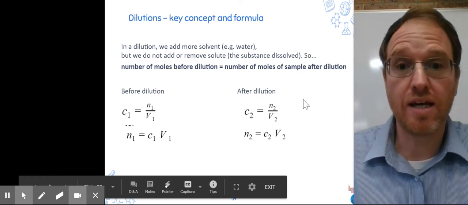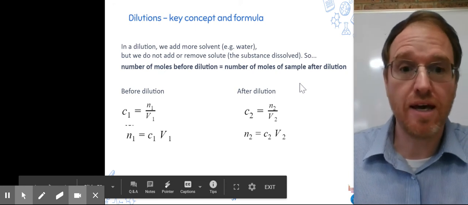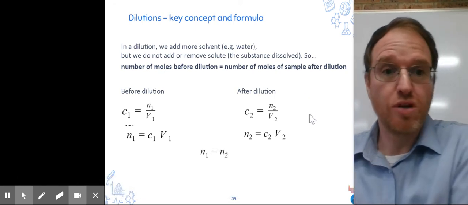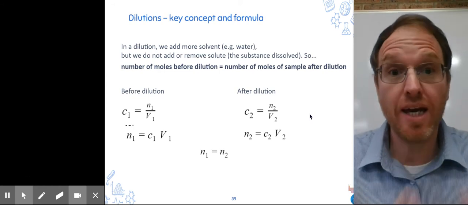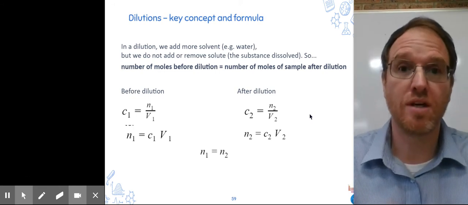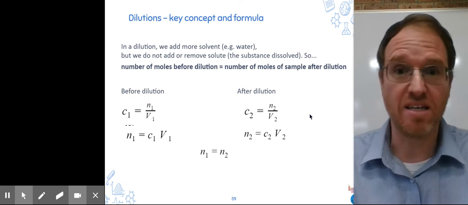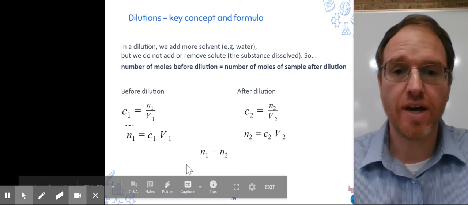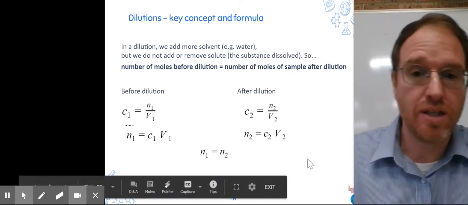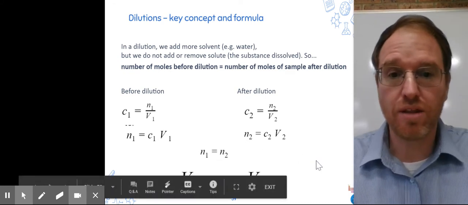But we have just said that the number of moles stays the same. The number of moles before the dilution is the same as the number of moles after, because we did not change the number of moles of substance in that solution. We didn't add any salt or whatever it is, or remove any. We only added solvent. So N1 equals N2. And so we can bring these two together, and we end up with